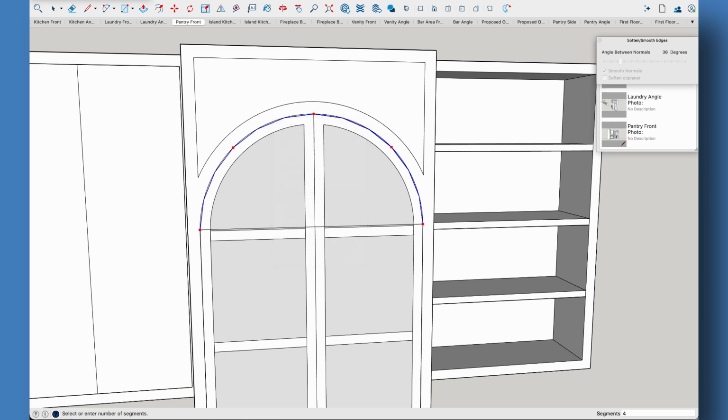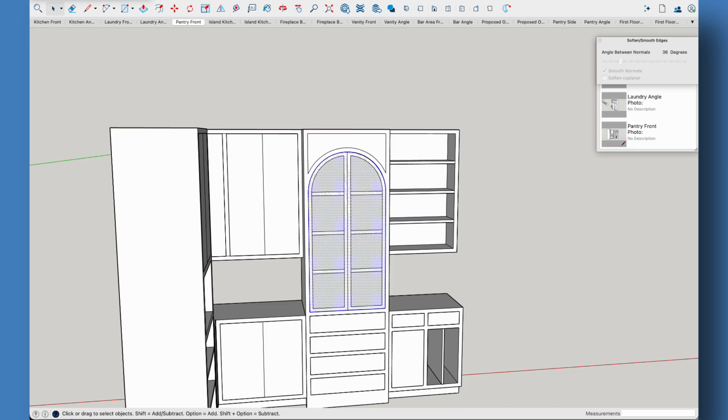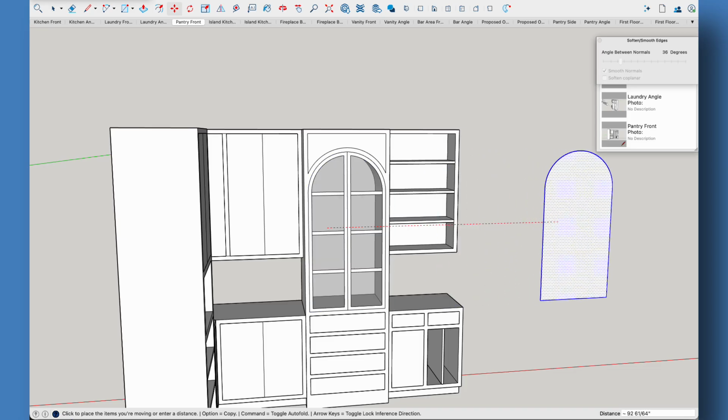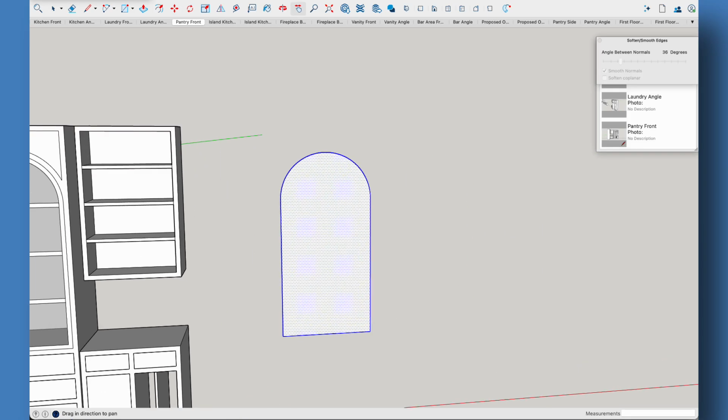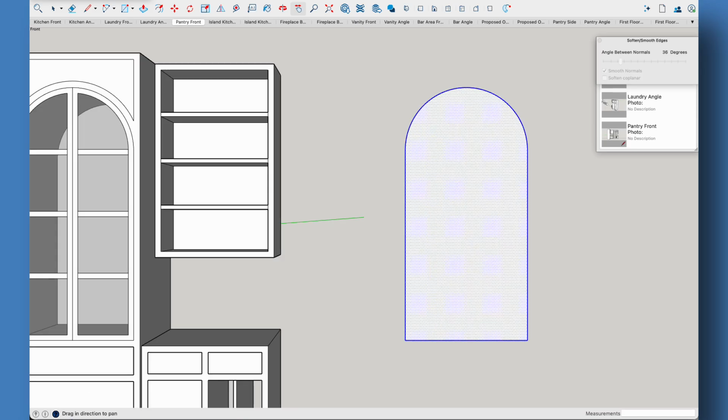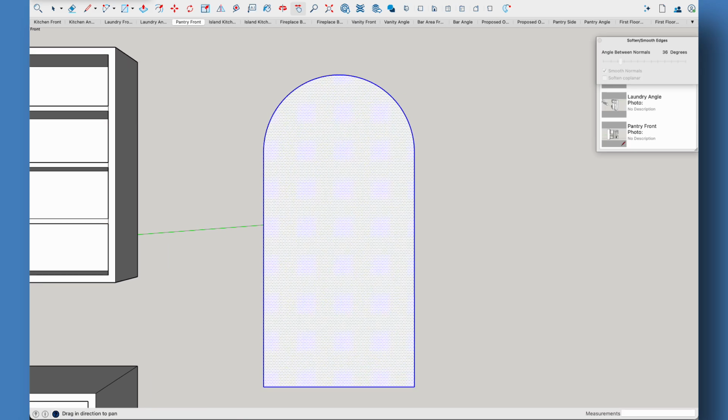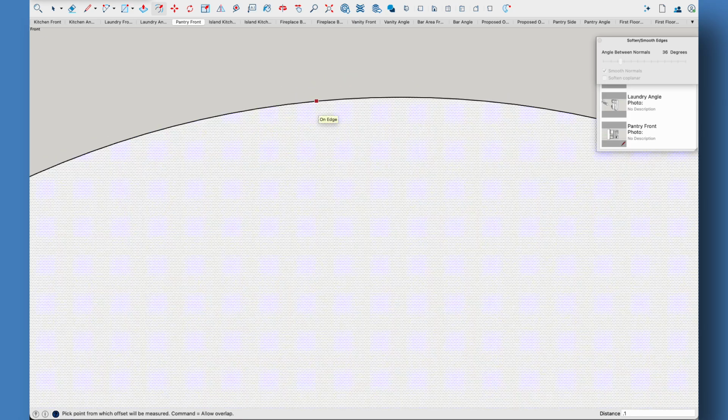Divide the arch into more segments to create a smoother curve. Once you're happy with it, delete the top horizontal line, triple click to select the entire door, and move it off to the side. Now we're going to offset the edges to create the reveal around the door. I usually use a 0.1 inch offset. Delete the outside portion,